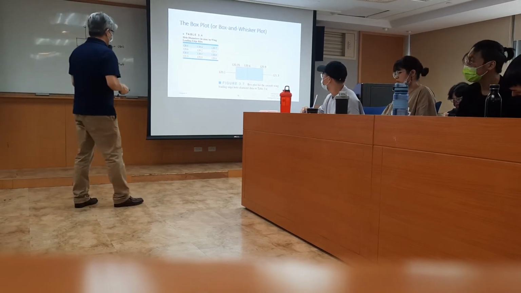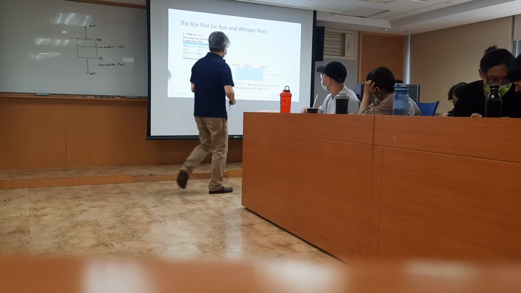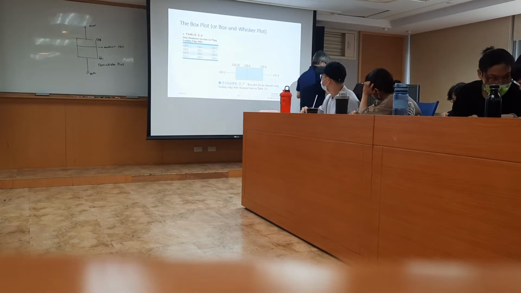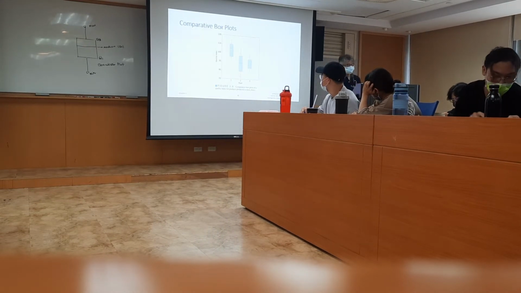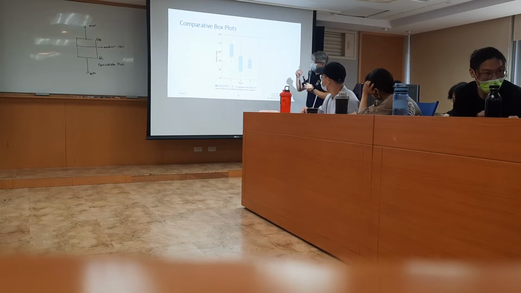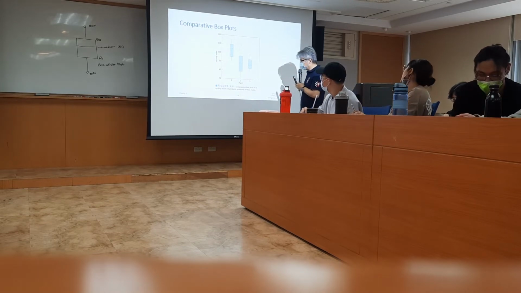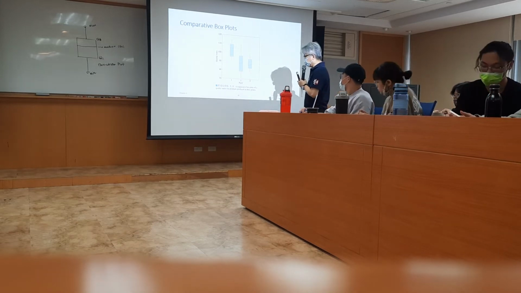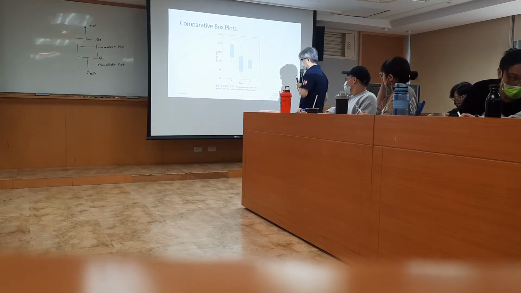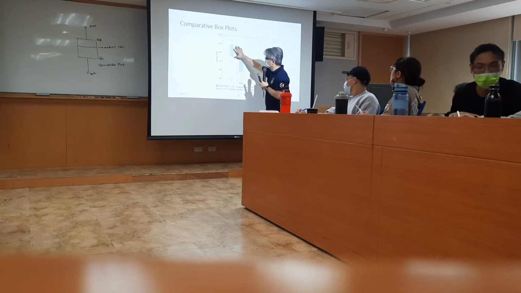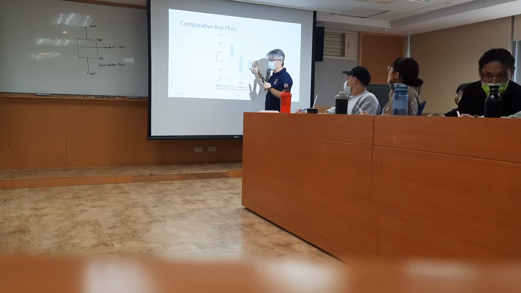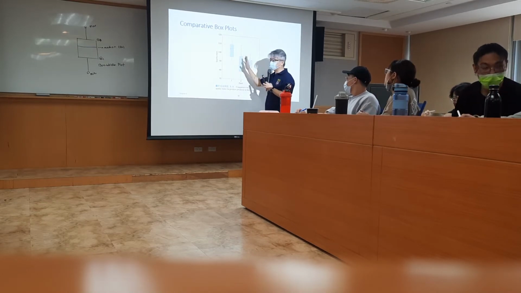So, a little box and whisker plot. Comparative box plots: a comparative box plot of a quality index for the product produced at three different prices. So you can see that when you look at those box plots in parallel,